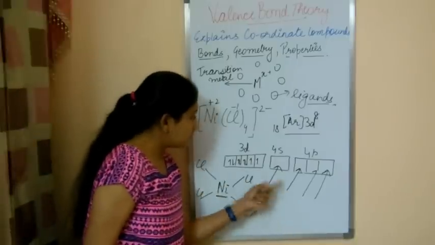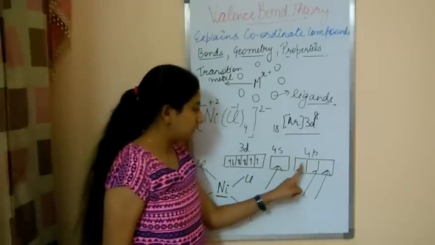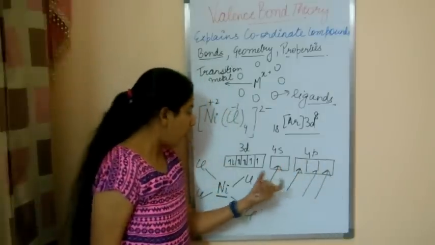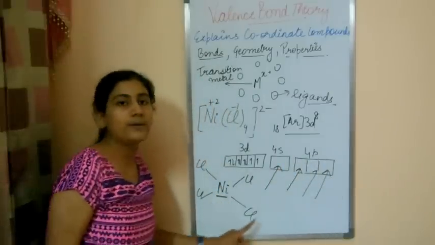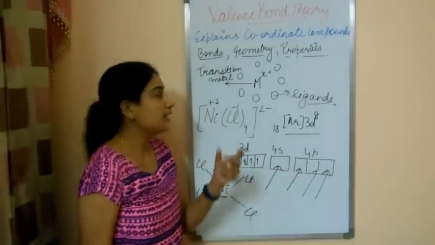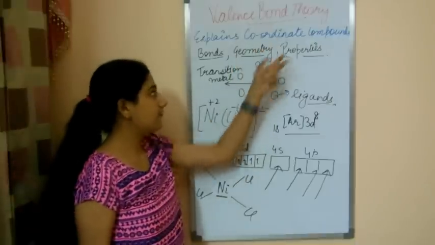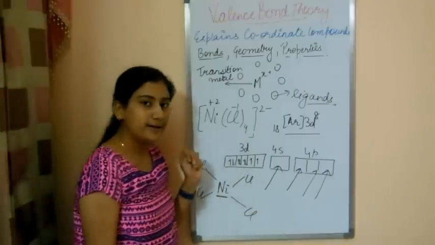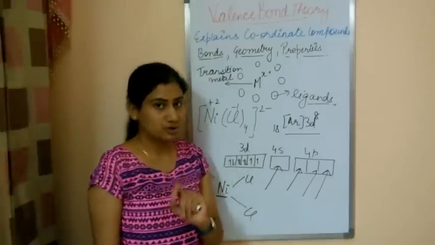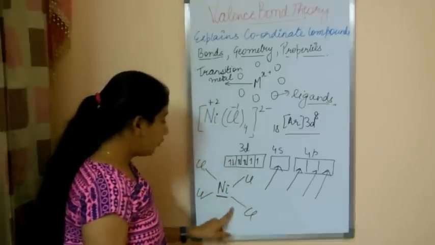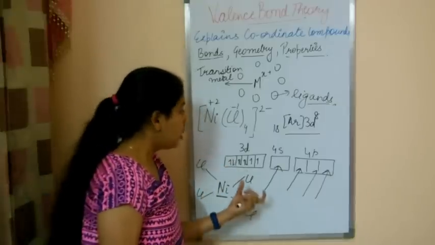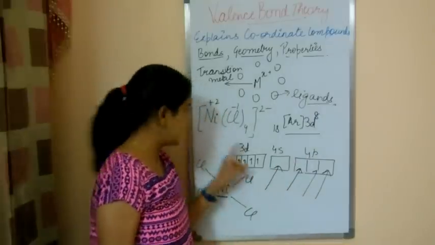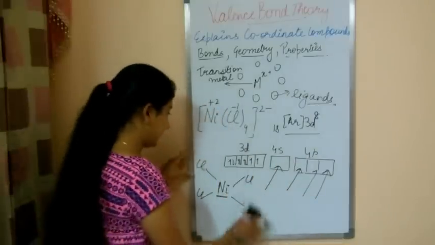But as these are of different shapes, with different orientations, all these 4 bonds would not be identical. What a layman thinks about coordinate compounds is that if this is happening, then all the bonds will be different. But actually it is not so. Actually all these 4 bonds are identical. Now valence bond theory explains how all the 4 bonds in this example are identical.